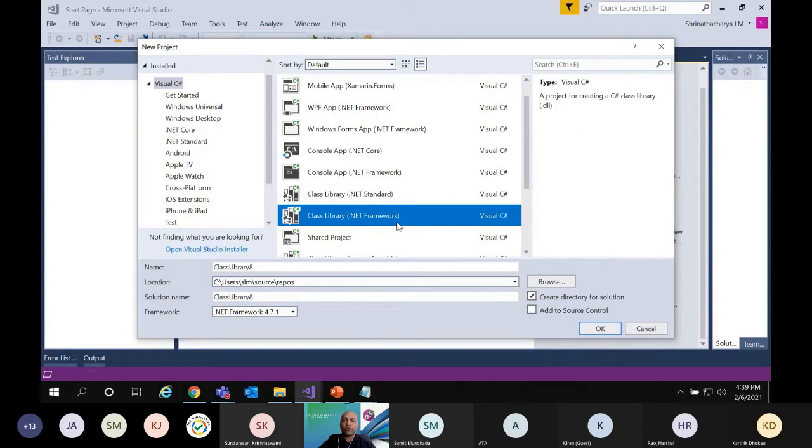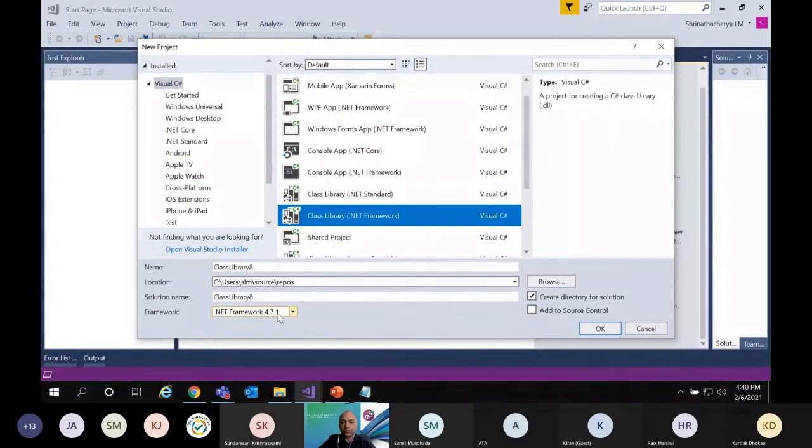So the programs written with .NET Standard or .NET Core can be run on another operating system. Right now I am going to use a class library .NET Framework,